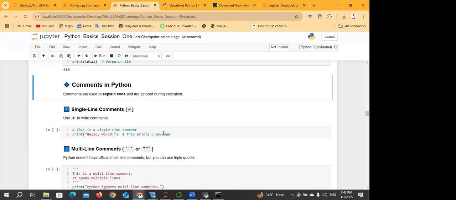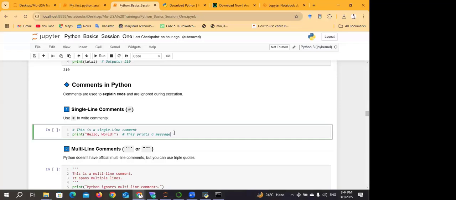They're not executable. So what Python does, it just goes through your comments, but it doesn't execute them. It just kind of jumps over them. It's like telling Python, do nothing on this line. And this is how we've done it. So you use a comment,